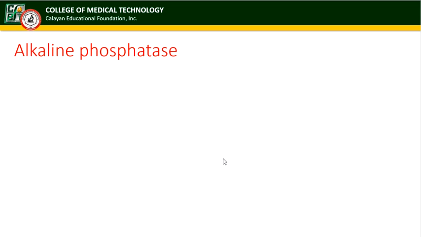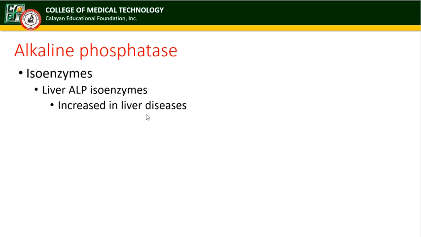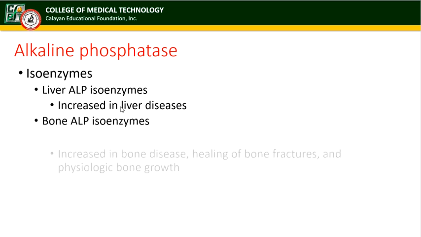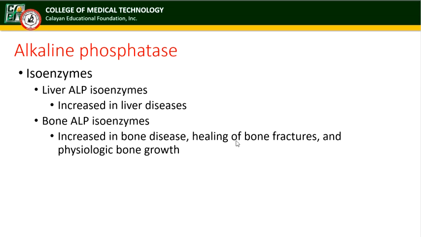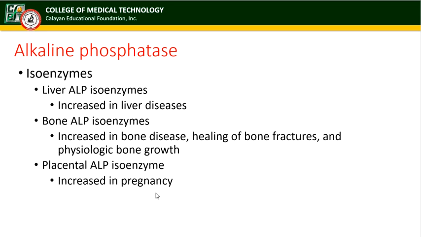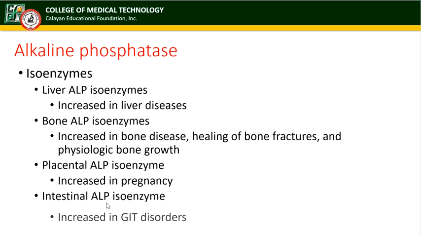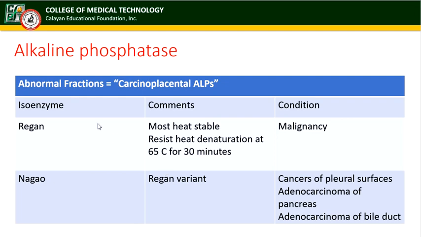So alkaline phosphatase ay may iba-ibang isoenzymes. So liver ALP, it is increased in liver diseases. Bone ALP, increased in bone healing of bone fractures and physiologic bone growth. Placental ALP, so increased in pregnancy. Intestinal ALP, so increased in GIT disorders. So meron pa tayong ibang